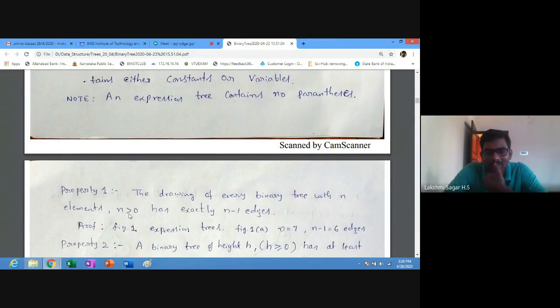Suppose the number of elements in a binary tree is 8. Then the number of edges, or lines, should be exactly 8 minus 1, so 7 edges should be there.